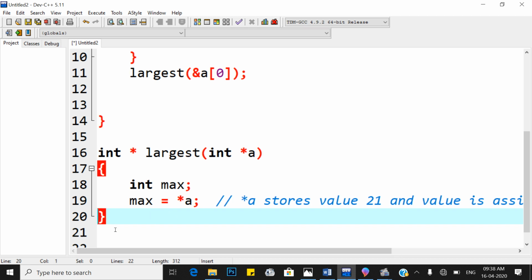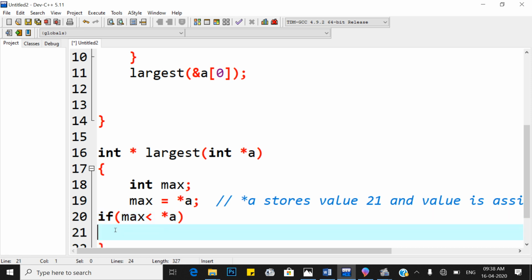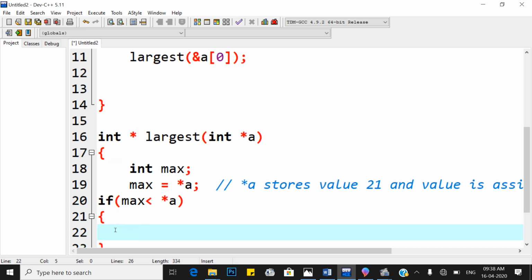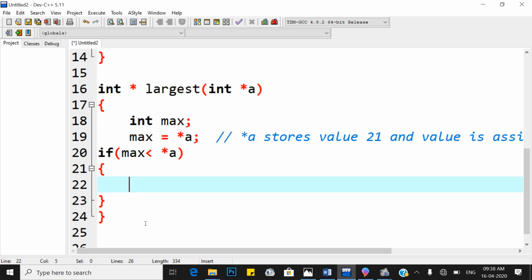So what is the logic to find the largest? Now check whether max is less than pointer a. If max is less than pointer a, meaning pointer a has a larger value, then assign pointer a's value to the max variable.